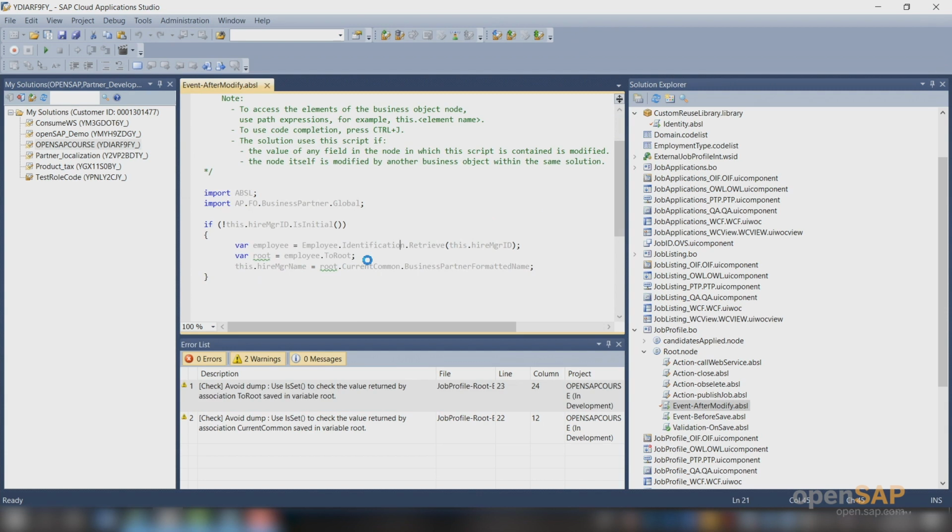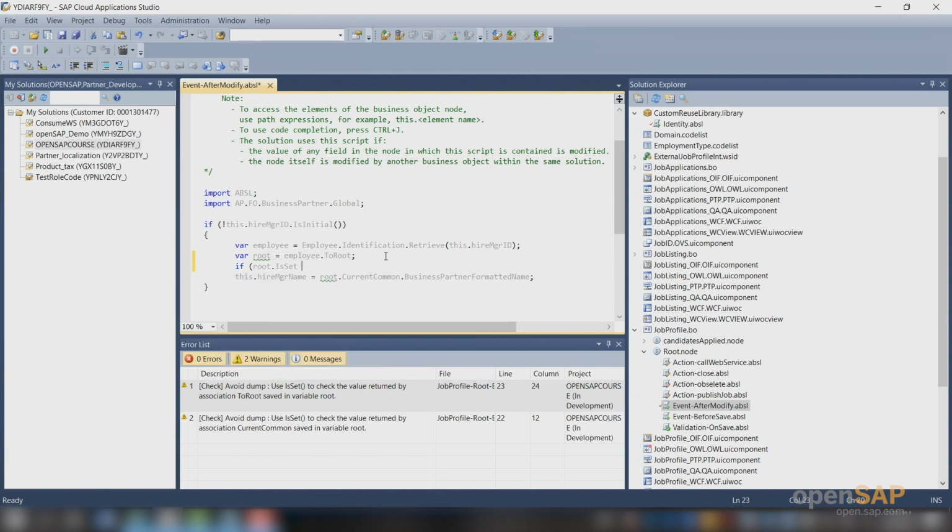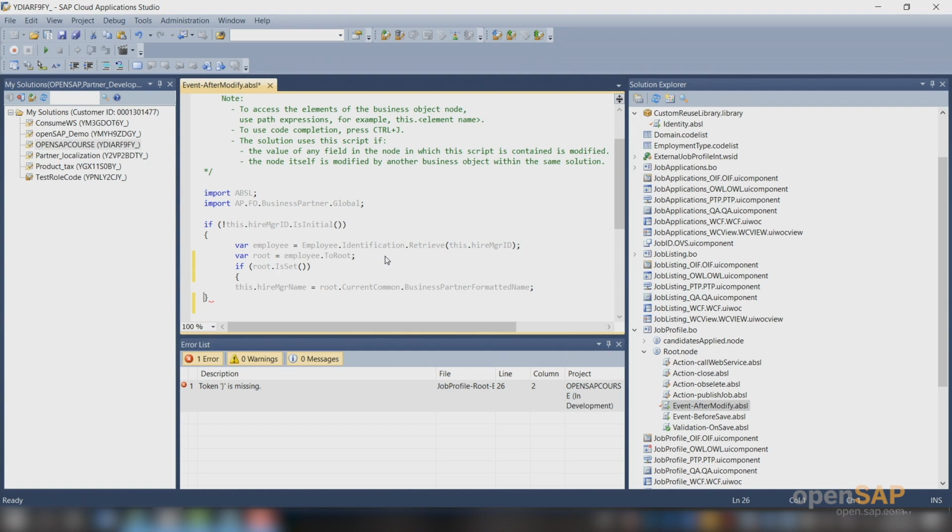So this is one suggestion I am getting when I run the performance check, which I could simply implement here. If root.isSet... I have included that.